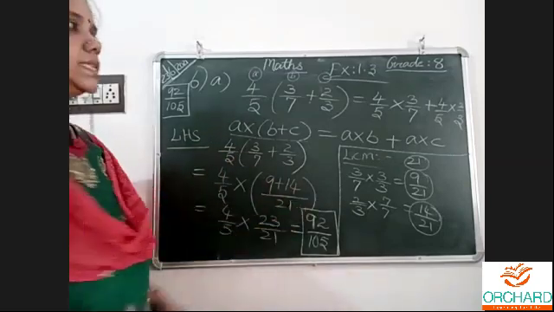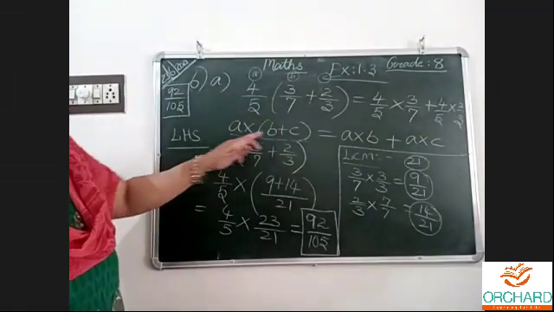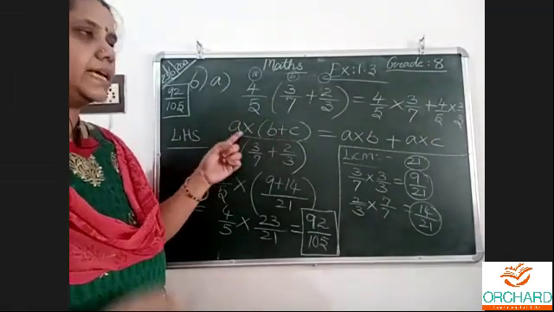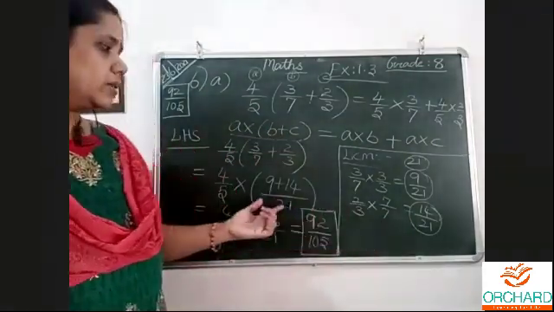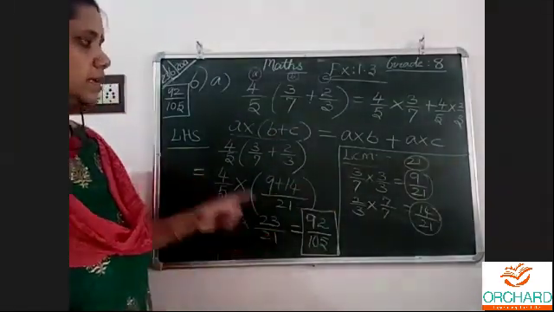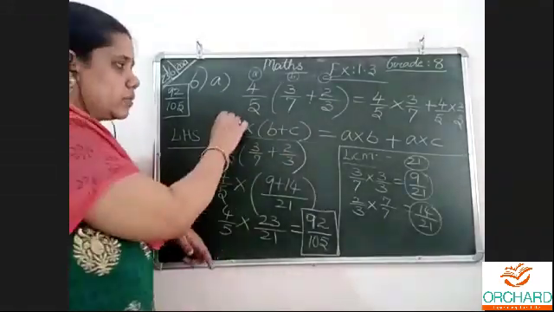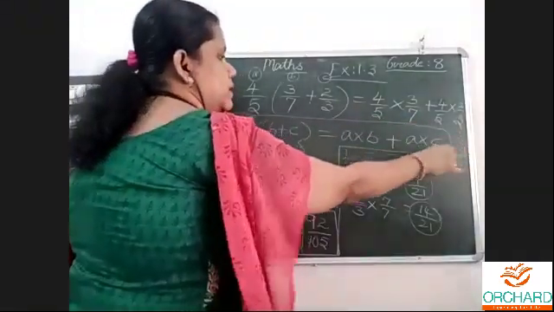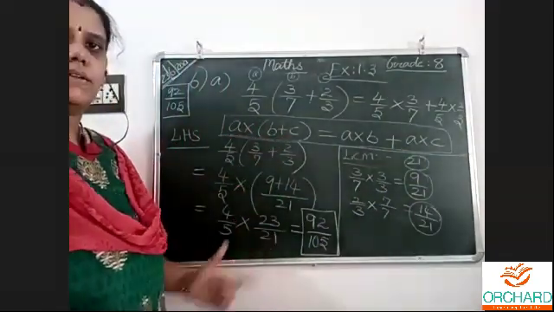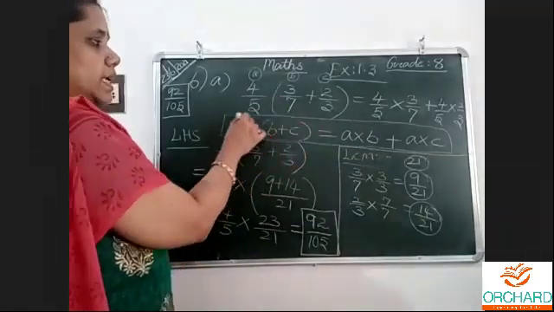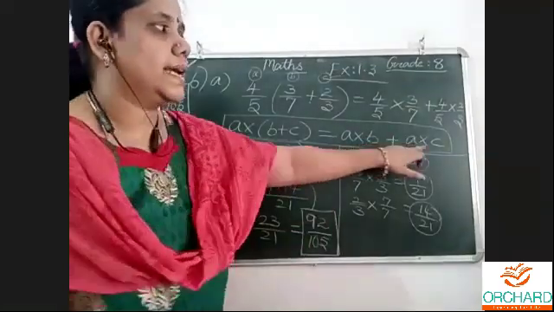Because I am going to erase and do the right side. Up to now, I did only this distributive property. The left side I completed. I did the addition using LCM and got the answer, then multiplied with the first number. Because this law only we are going to prove, they have asked to prove this. So for proving, I did this left side: first step the addition, second step the multiplication. This is over. Now let me do the right side.